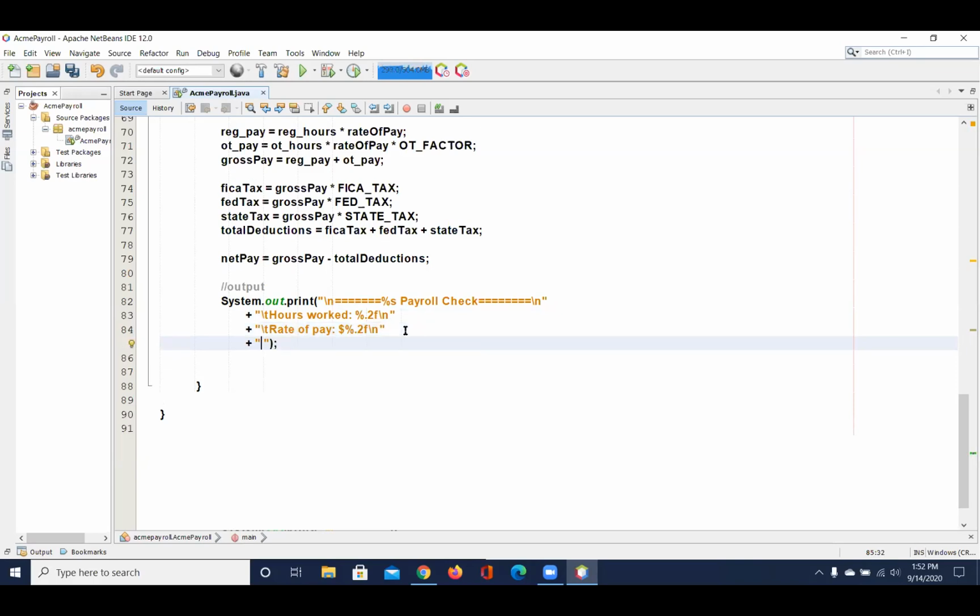Enter. \t rate of pay. Okay. So then this will be reg